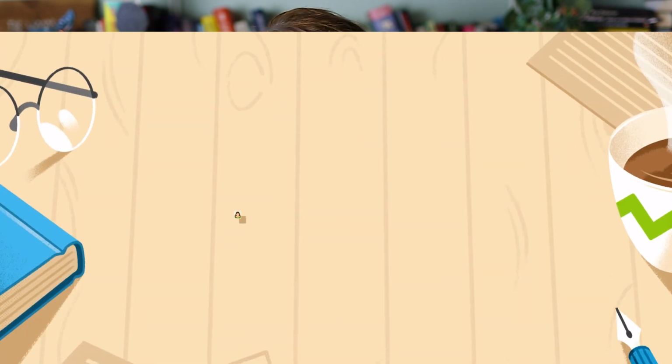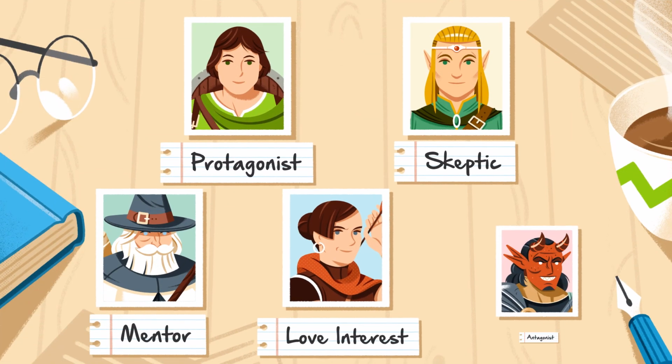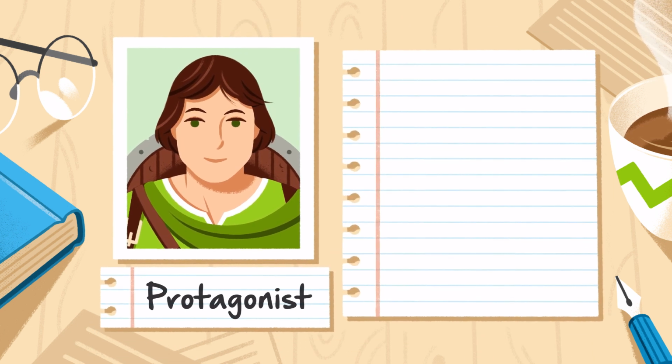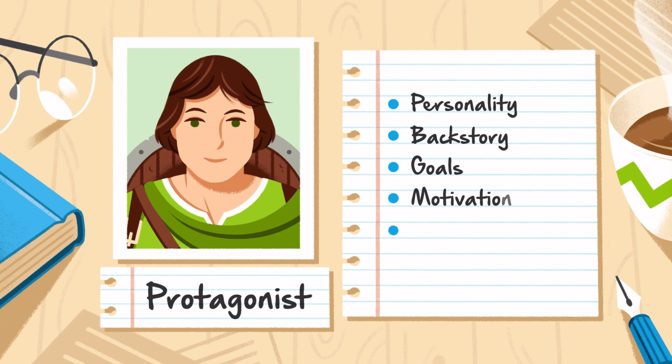First up is characters. This is where you introduce your key characters as well as set up their trajectories for the rest of the book. For your protagonist, you want to give us a solid understanding of who this character is, their personality, but also their foundational backstory. And it's also really important to set up their goals, motivation, and internal and external conflict. There should be a sense of potential within this character.